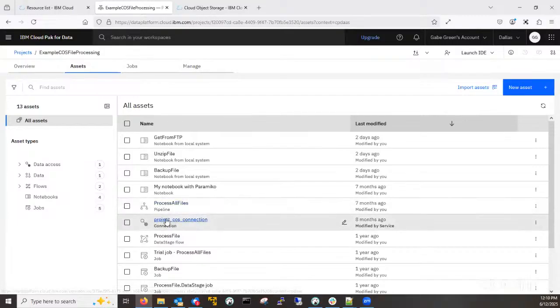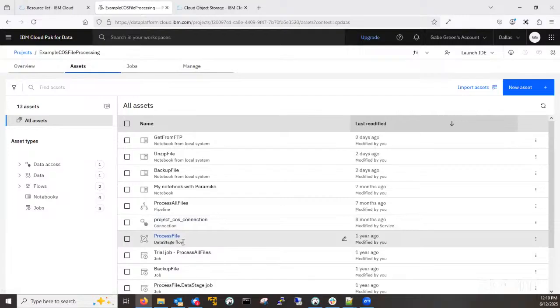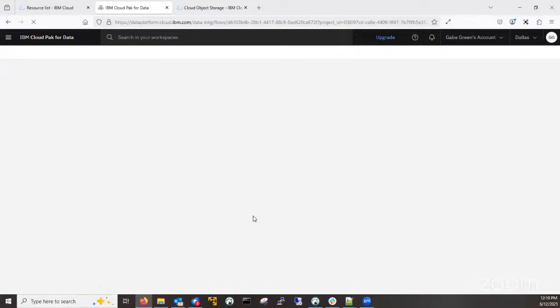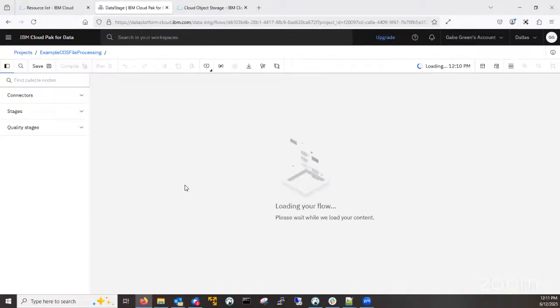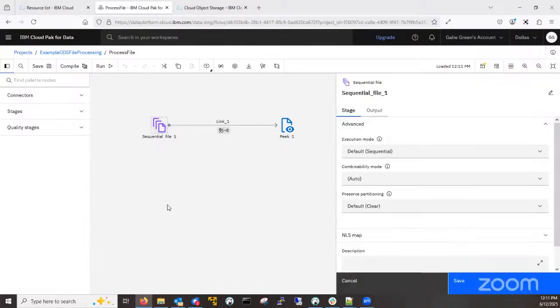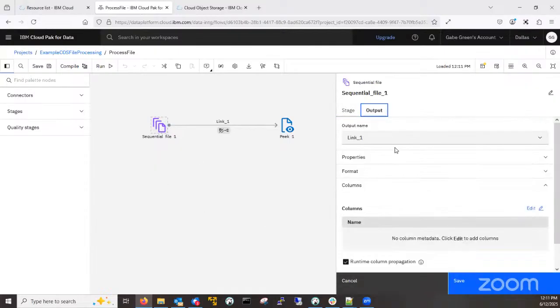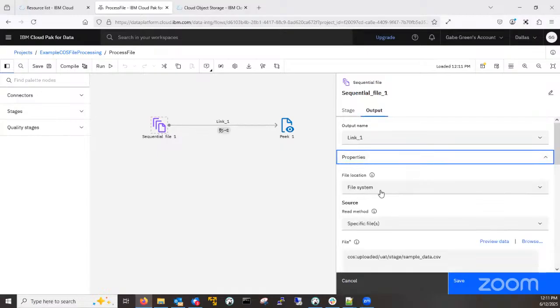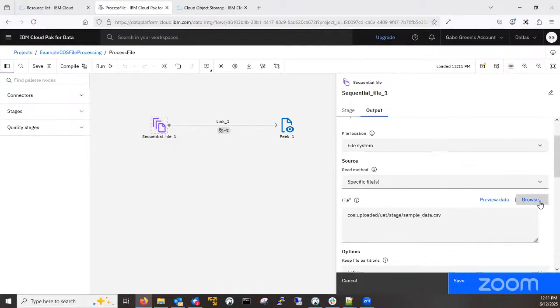Whenever you run DataStage, if you don't see this project underscore COS connection, you will as soon as I say new asset DataStage flow. As soon as you go into a DataStage flow, like my process file as an example, and I open it and use a sequential file stage, I double click this sequential file stage and go to output and go to properties. The file location is file system, specific files. And if I click browse, what you'll notice is